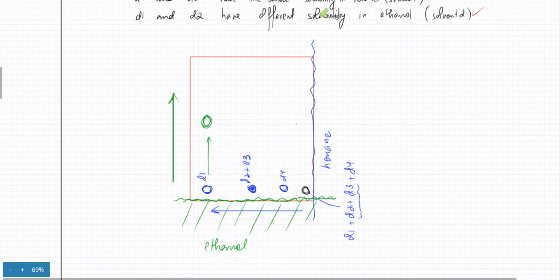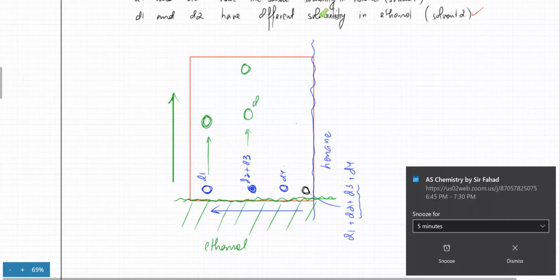अच्छा, dye 2 और dye 3 की solubility जो थी ethanol के अंदर was different. So let's say they got separated. ठीक है, for example, this is dye 3 and this is dye 2 and this is dye 1. Or dye 4 जो है ना, that traveled very little in ethanol. ठीक है, so now what you're getting is you're getting 4 dyes now, and all of them they got separated eventually.